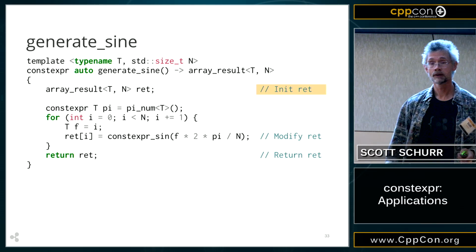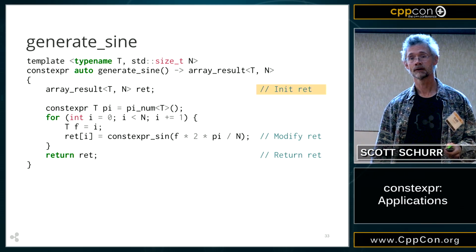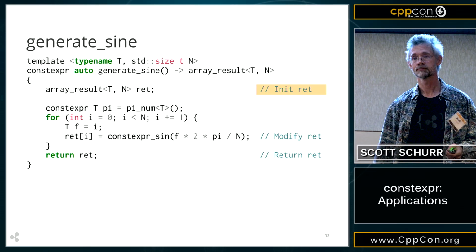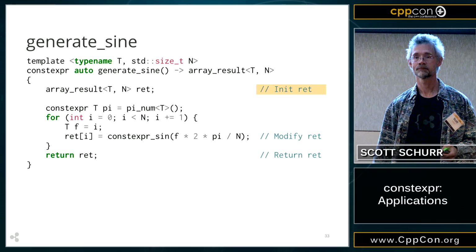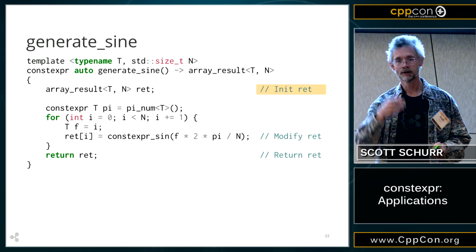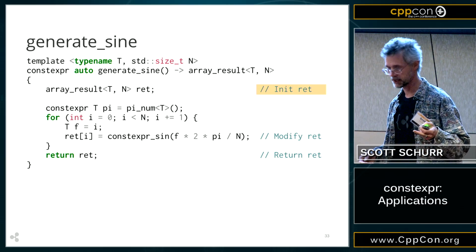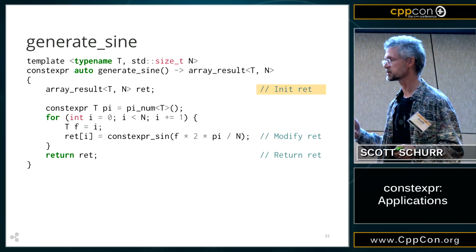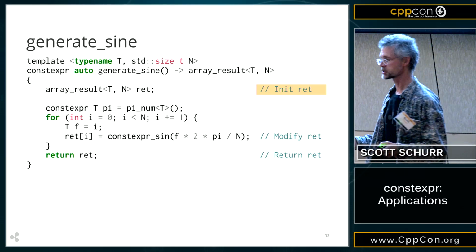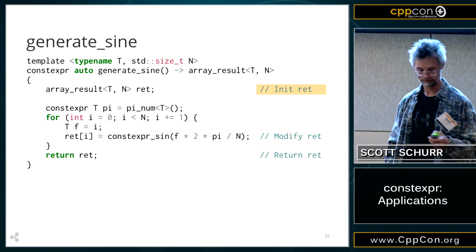One is that they can't forward declare constexpr functions, which is a real pain in the butt. You've got interleaving dependencies between your constexpr functions. Yeah, because they don't do two-phase lookup, essentially. Okay, so what Howard's saying is that they don't support constexpr forward declarations, which is a pain.